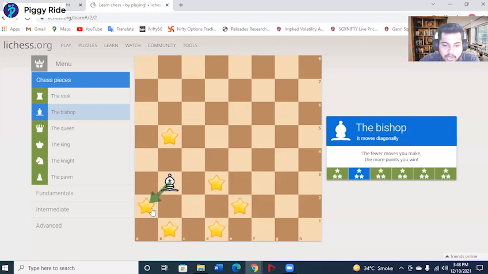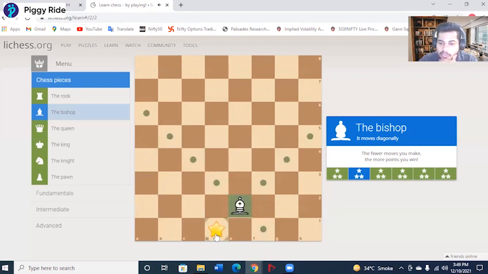So one, two, three, four, coming back to capture the star at the top, five, then coming back down, six, and then finally capturing a star at d1, seven. So it took us seven moves to complete the same task that we can complete in six moves, right? So which one is better? You guys tell me. The first one, correct? All right. Now that you guys know the answer, let's move on to the next one.